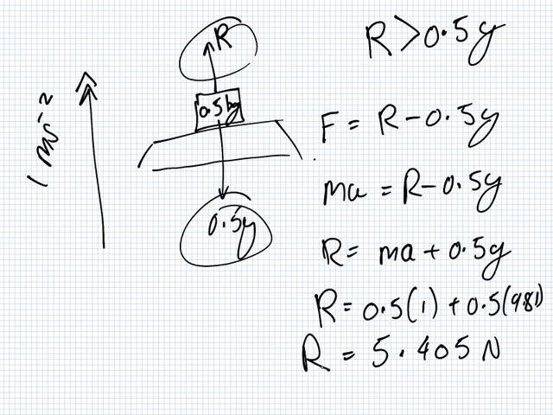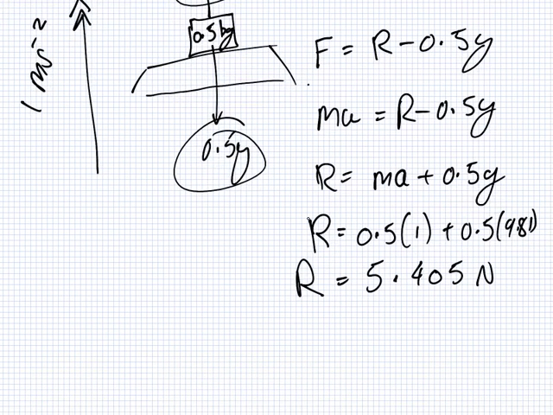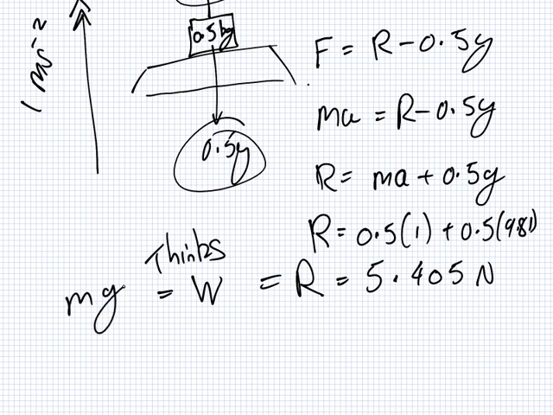Now that's what the reaction force really is, and the weighing scale uses this reaction force to calculate the mass. What does the weighing scale think the reaction force is? The weighing scale thinks the reaction force is the same as the weight. Now we know it's not, but this is how it's made. It thinks the weight is the same as the reaction force. So that means it thinks that this is the same as mg. So it will say, okay, the m is 5.405 divided by 9.81.